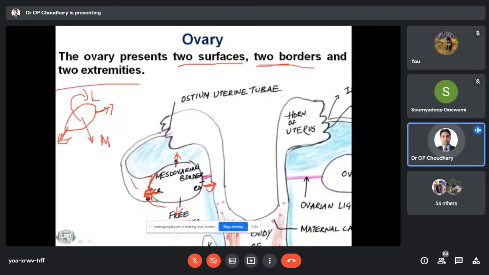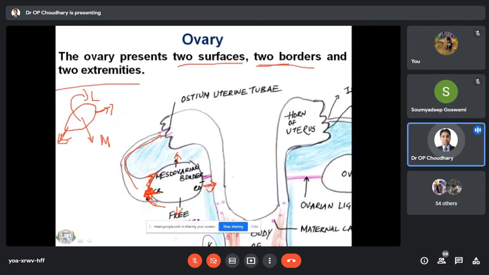The fallopian tube, as you know, is also called the uterine tube. Then this cranial extremity is rounded and attached to the fimbriated part of the fallopian tube. This fimbriated part usually collects the released ova from the ovary, and it will travel into the oviduct, which is the site for fertilization in females.